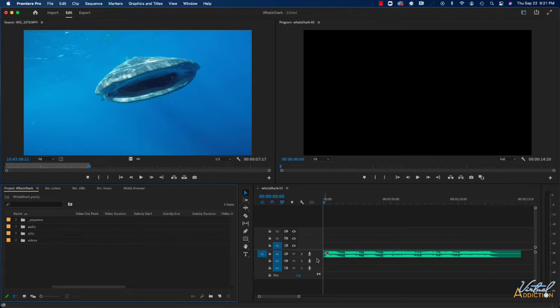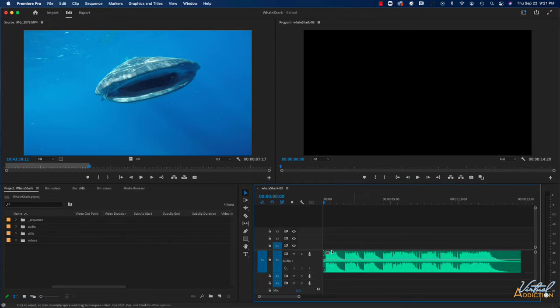clip. The other thing that I'm going to do is I'm going to expand the audio track out. This will allow me to get more of a visual representation of the waveform. This isn't required, but I just find it to be a little bit easier to do this type of work when I can have more of a visual of what the waveform looks like. This will also help us once we add markers, just to ensure that they're going to be synced up with